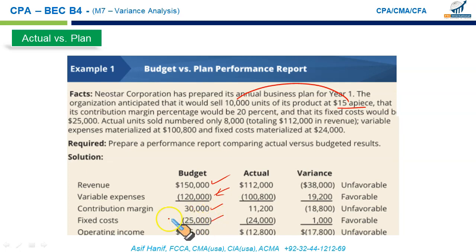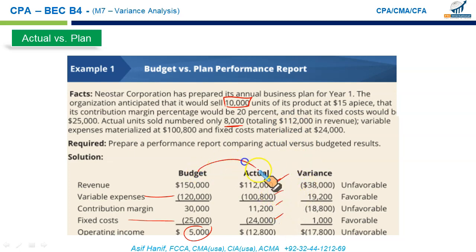So this is the fixed cost. This fixed cost involved fixed overhead related to production, fixed selling, and the fixed administration, all fixed. So this basically is all variable across the company, and this is all fixed, and this is the operating income we were expecting when we thought we would sell and produce 10,000 units. What happened? Actual units sold numbered 8,000 only, and the actual revenue was 112, and these are the actual numbers.